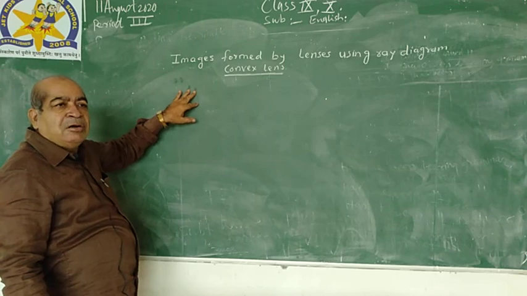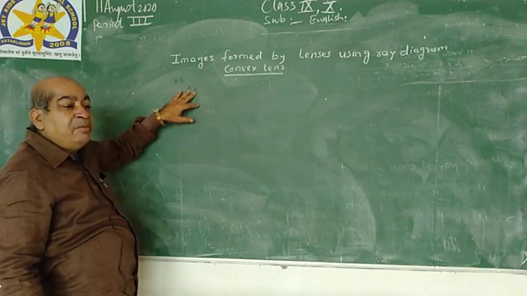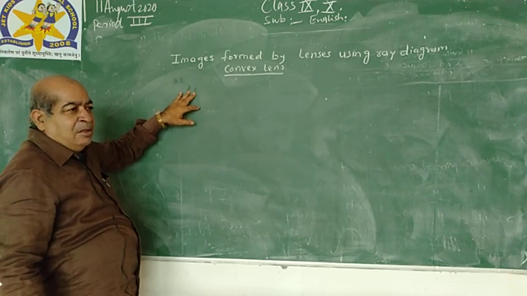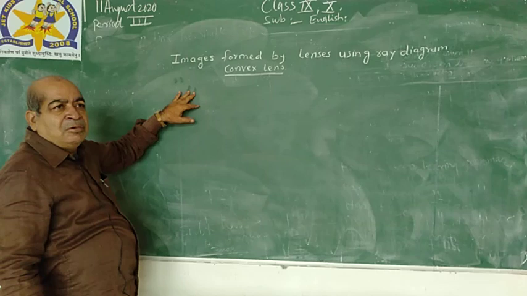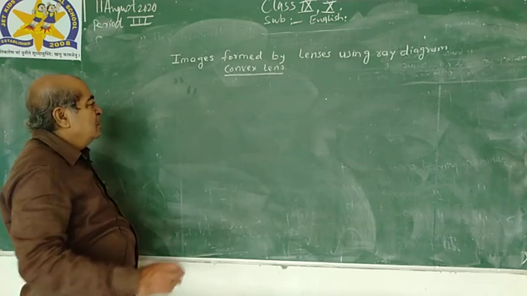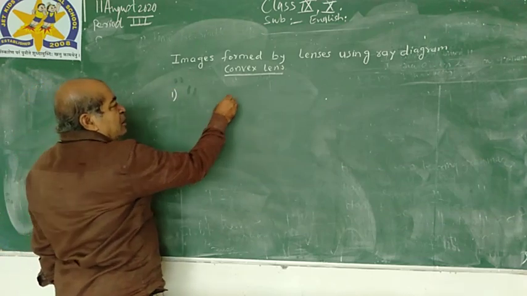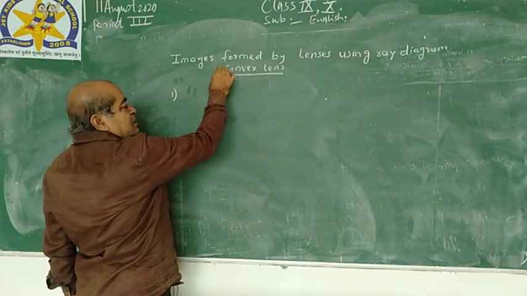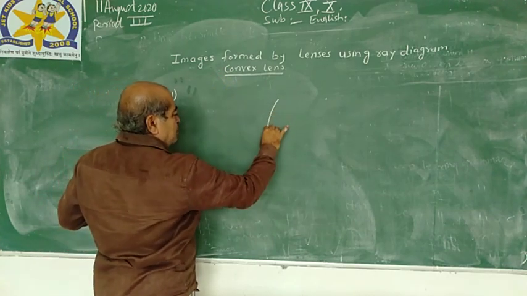Similar to that of the spherical mirror, there are certain rules to draw the ray diagram, and the first rule is, in case of convex lens, when a ray of light,